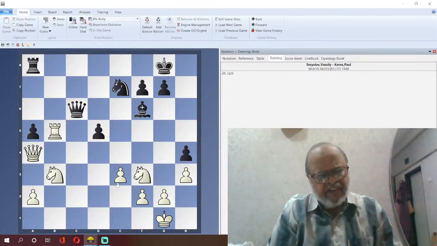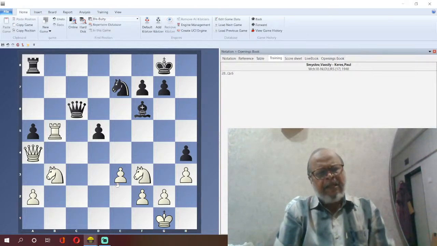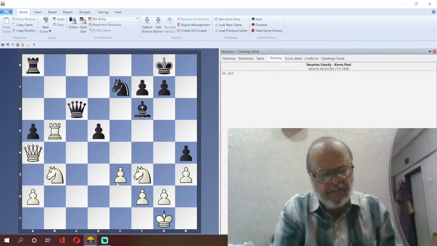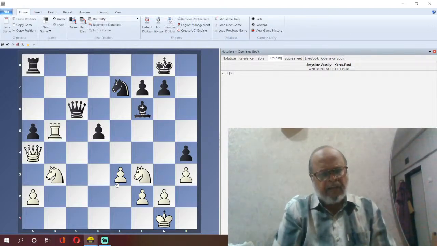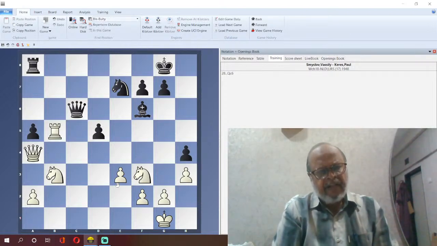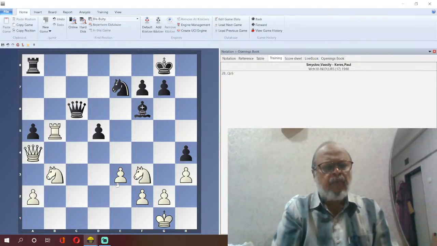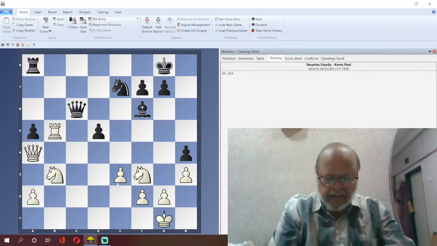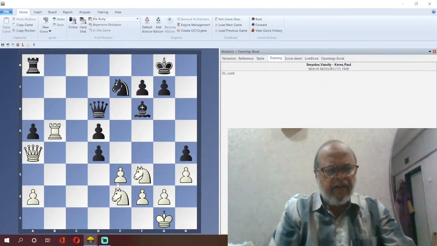Then the position is a little passive and bad. Many players lose their way. You need to excel in the art of defense. That is why Magnus Carlsen has survived so long in the top, because of his resourceful play and good defense, good technique. Now instead of playing this, he played this testing move,